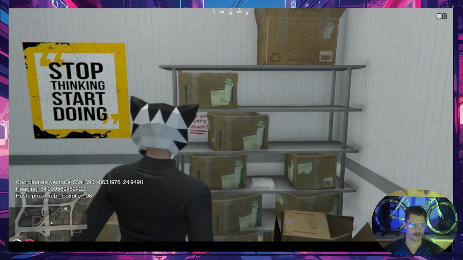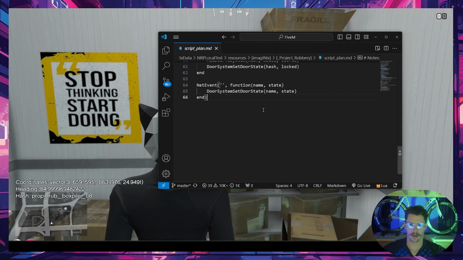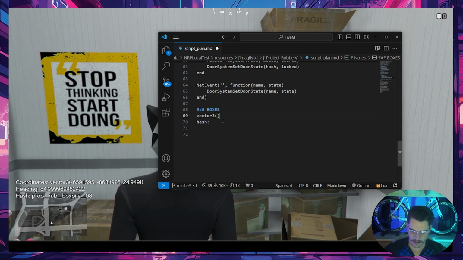I think I want these boxes, prop rub box pile. So what I'm going to do is grab his code and just make it really tiny. And let's go. Yeah, in the script plan, why not? Just get that done. Okay, so maybe let's do boxes. We'll have a vector 3. Heading doesn't matter, and a hash. Right, so our vector 3 would be negative